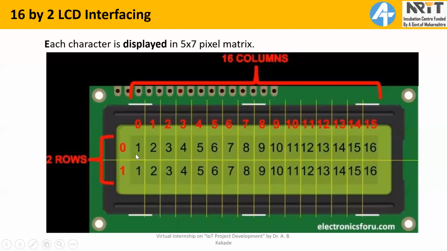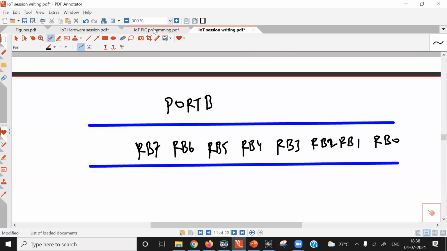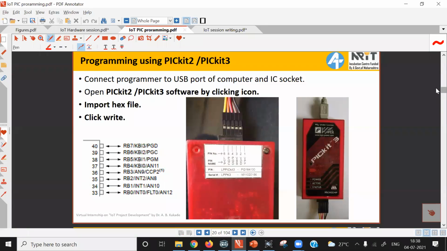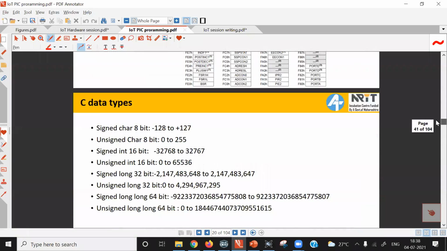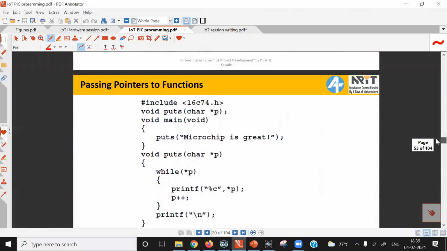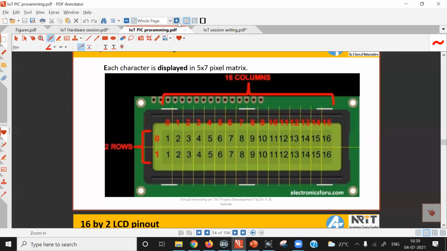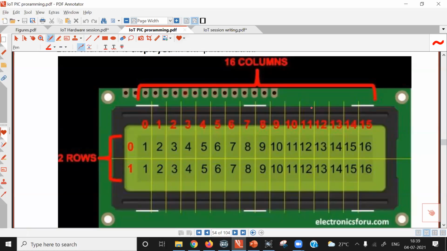In the first row we can write 16 characters, and in the second row we can write a total of 16 characters.